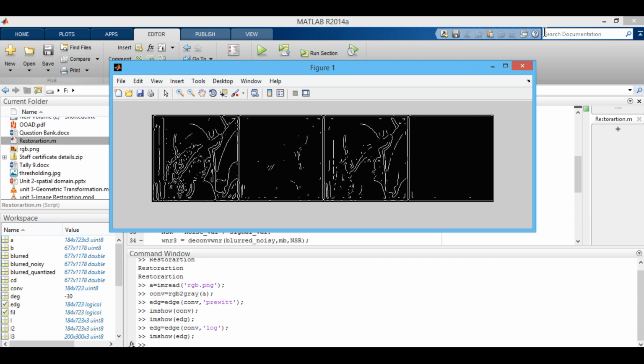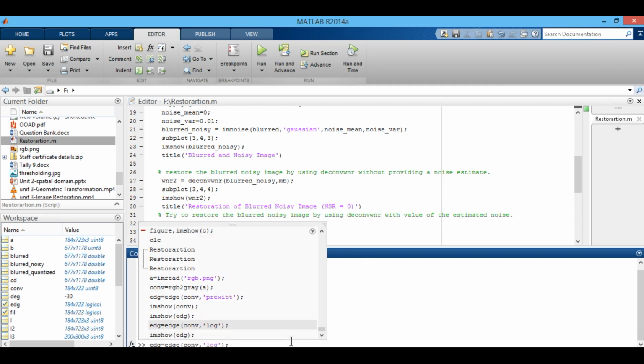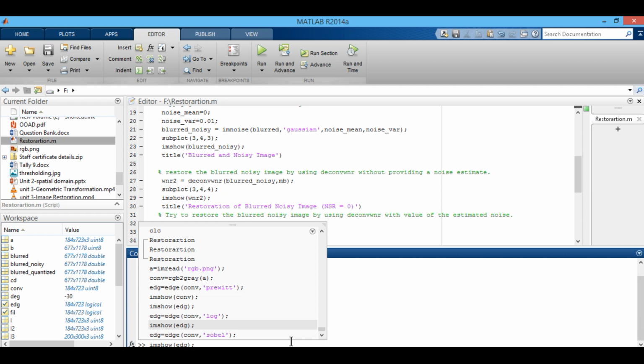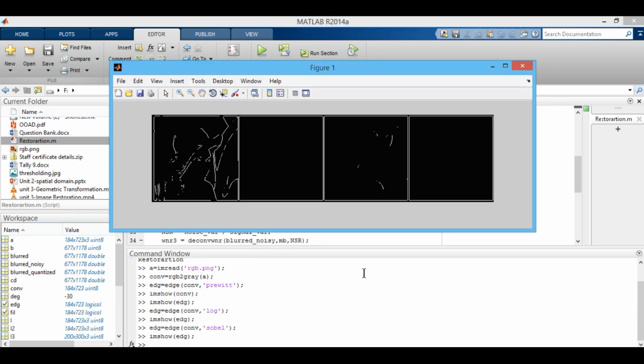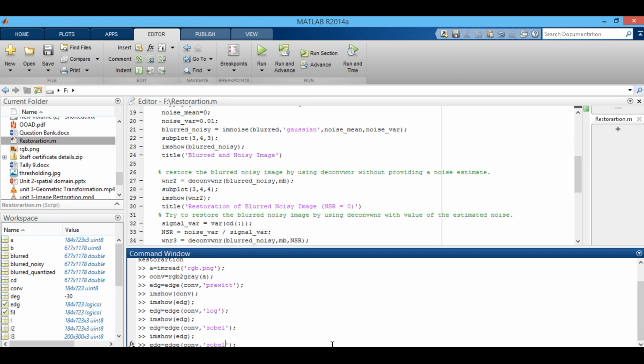We get the output as shown in the figure. Next, by applying Sobel, we get the resultant as this, and finally when applying the Canny edge detector,